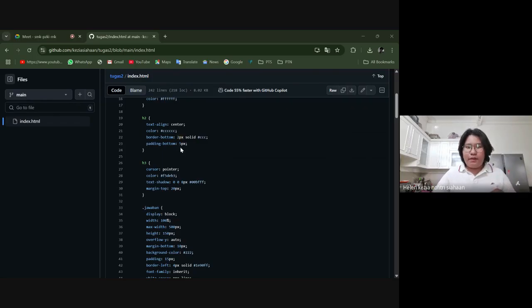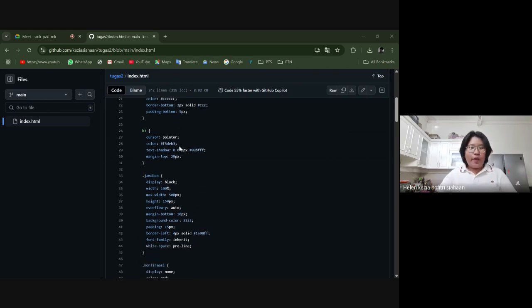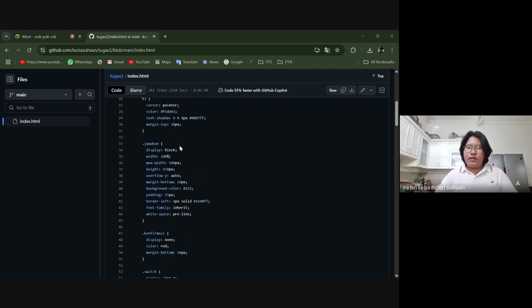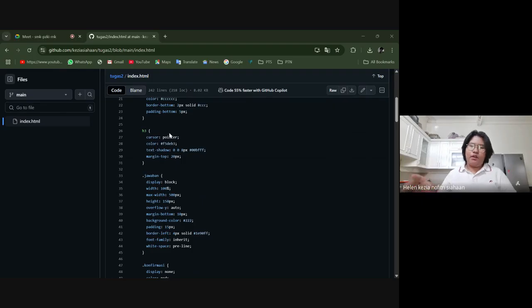And I'm using padding bottom. It was something like a line under the name. It was using 2 pixels solid. Then the H3, which is the question, using cursor pointer. Why? Because when you hover over the H3, it will show up like a shadow, and then when you click on it, it will say something.